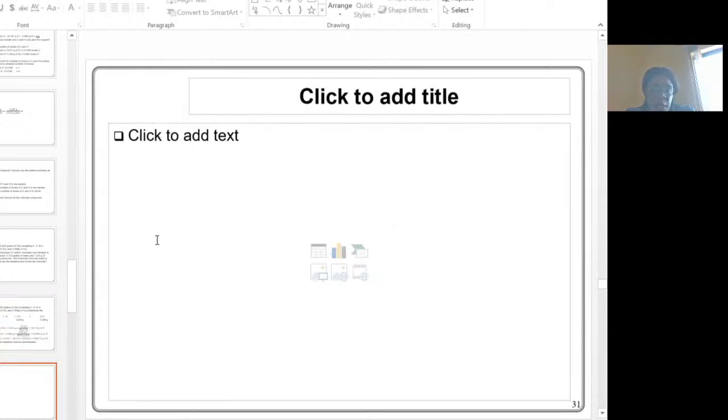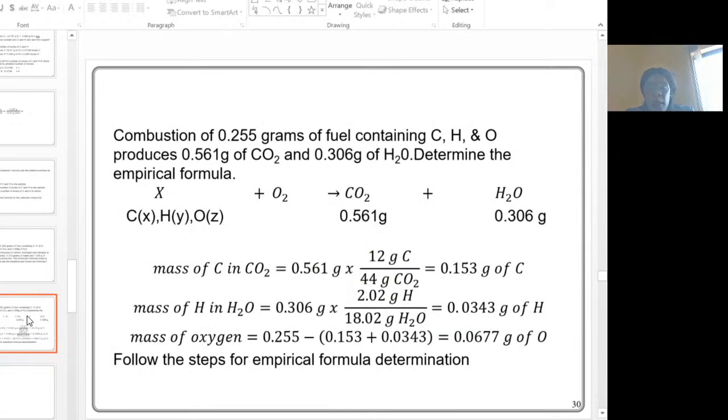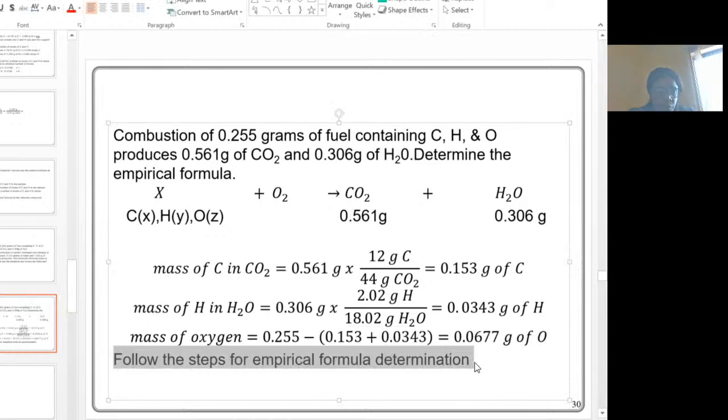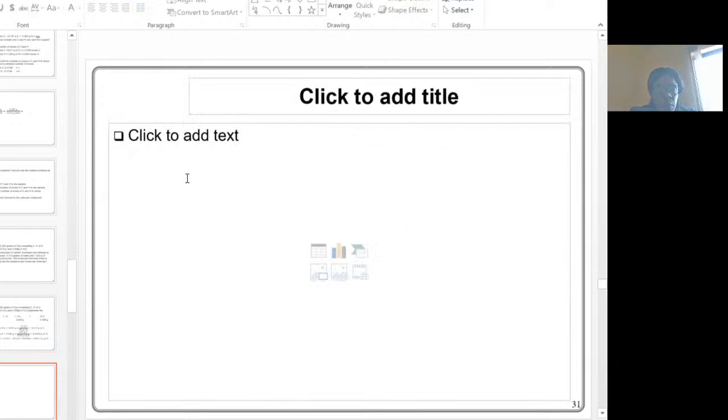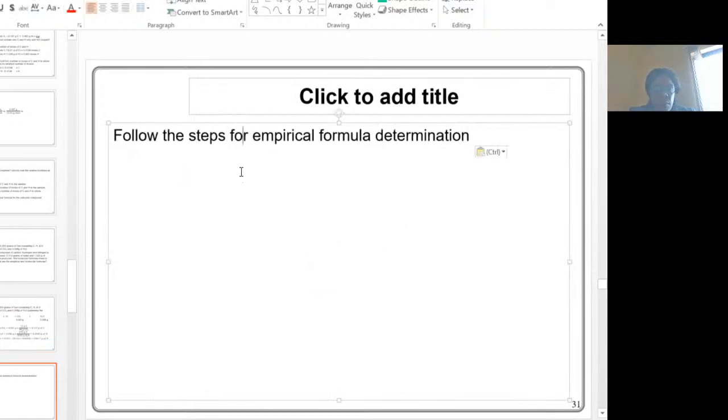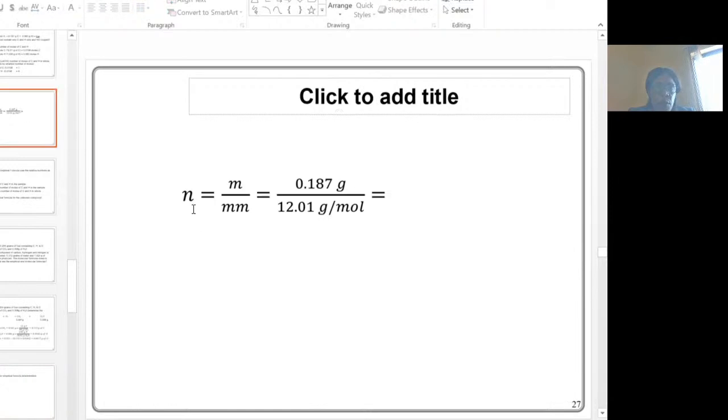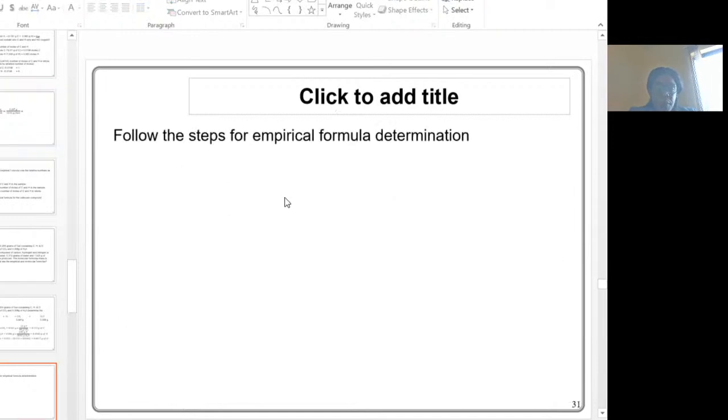By empirical formula determination, you basically just convert these quantities to moles, using this formula: number of moles is equal to mass over molar mass. Okay, so put it there. Then